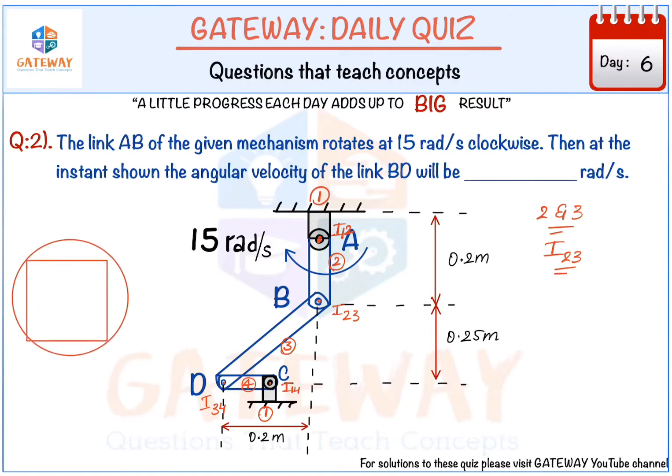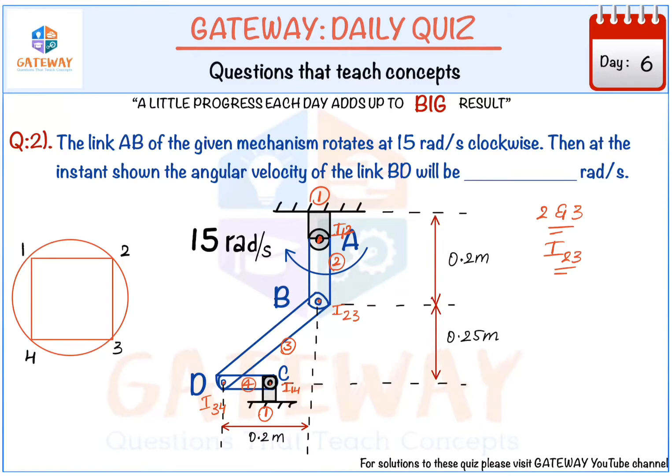In the circle method, we will take a square and mark the points: first point, second, third. The number of links is 4, so we will mark 4 points. If we have 5 links, we'll draw a pentagon inside the circle. If we have only 3 links, there's no need of drawing. It should start from a minimum of 4 links, and for 5 links, 6 links, or any number starting from 4, we can draw the circle method.